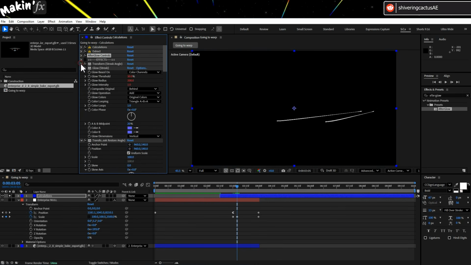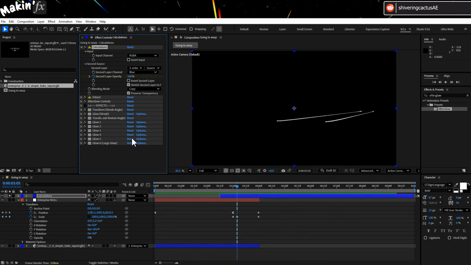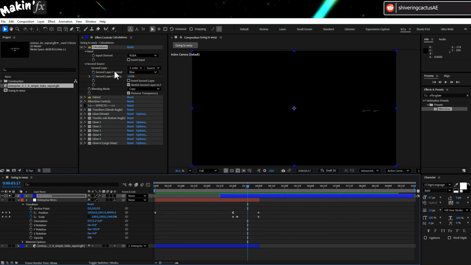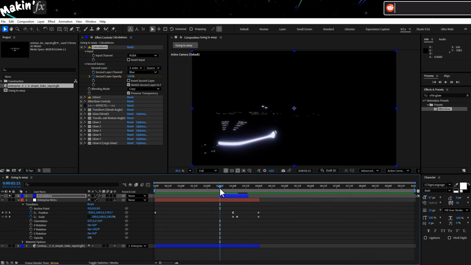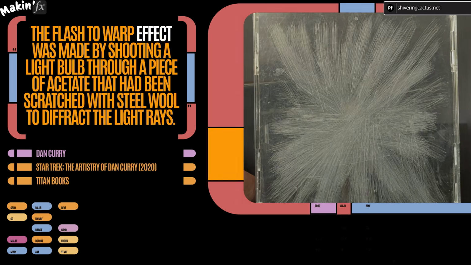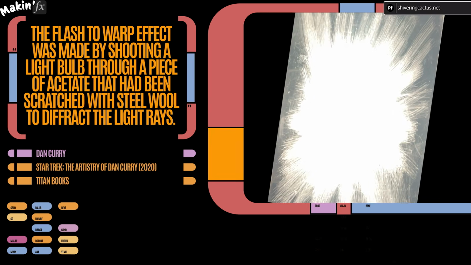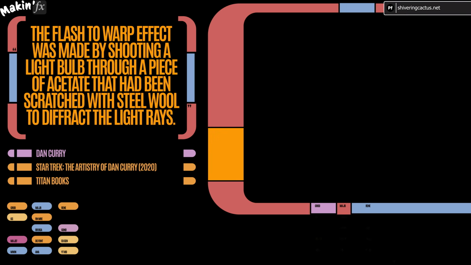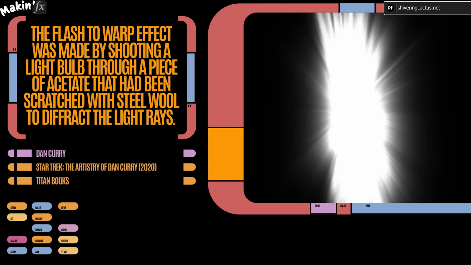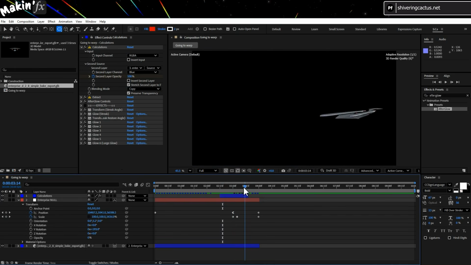But let's now return to the Calculations effect and set some keyframes for the second layer opacity to fade all this in and out. All that's needed now is the warp flash. In the original series, this was done by fading up a light behind a scratched piece of acrylic. I recreated this in my other VFX history video about the effects in the series, but rather than have you damage a CD case like I did,